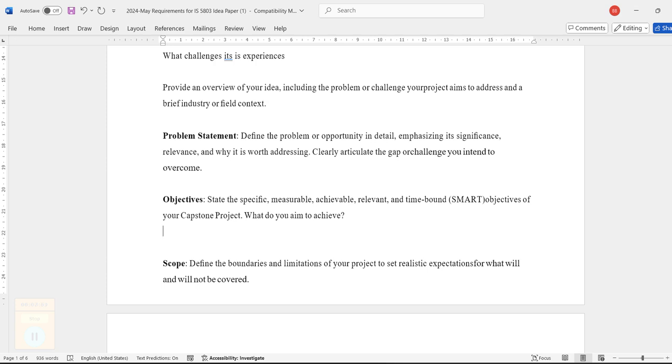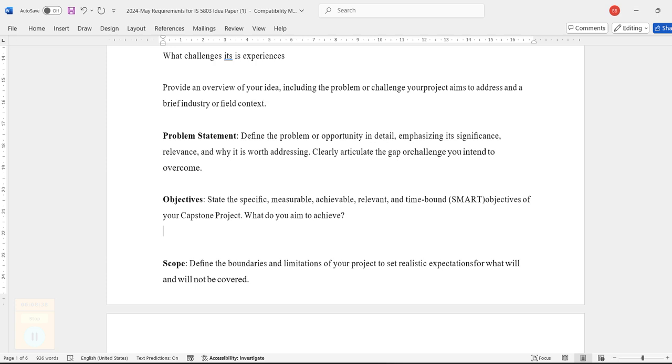SMART means whatever you write should be specific, measurable, achievable, relevant, and time bounded. Specific means, for example, you cannot say that we want to increase the customers. Increasing the customers is a very generic term. If you say that we want to increase customers by 10%, that is very clear. Maybe we have 100 customers, and now we want 10 more. The ask is related to customers and it is specific, 10%. It is measurable: 10 is the number.